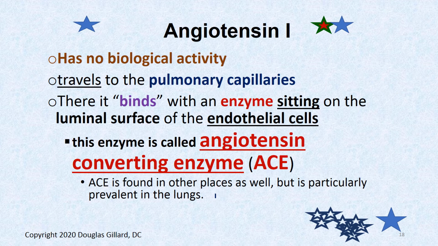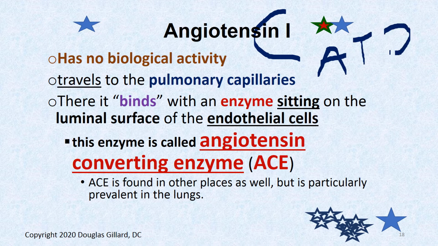Okay, this is throughout the body. You have ACE, but by far it's most prevalent in lung tissue. So on epithelial cells and the microcirculation, especially of the lungs, it lives, and it can hook up with angiotensin 1 and chop the back off angiotensin 1 and create a very active molecule, and sometimes a dangerous molecule called